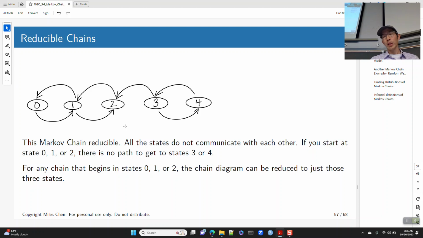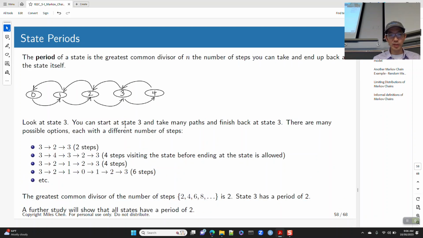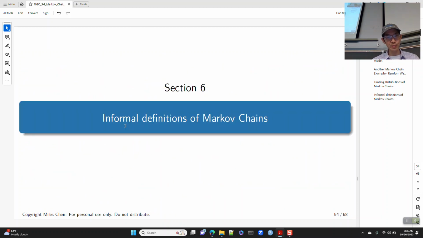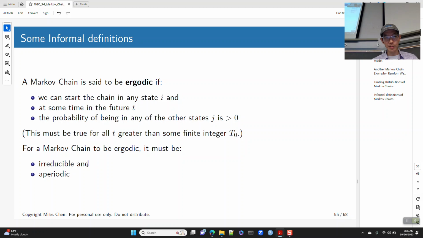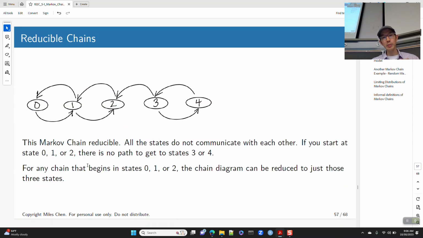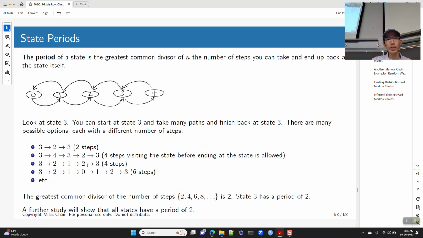So we don't want that, okay? We don't want a reducible chain. We want something irreducible, all right? So that's one of the conditions for our Markov chain to be ergodic. We need to be able to get to basically every other location in the state space. And then our